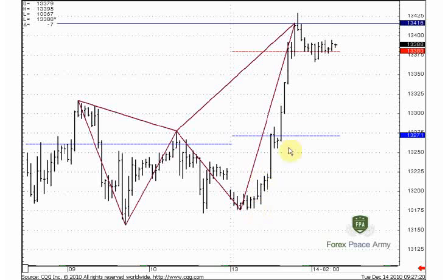First of all, you can wait for some retracement to the downside. One thing that you would not like to see is if market returns below the weekly pivot point around 134.71. If it happens, it means that the butterfly starts to work, and the target of this butterfly, as you know already, is 1618 expansion